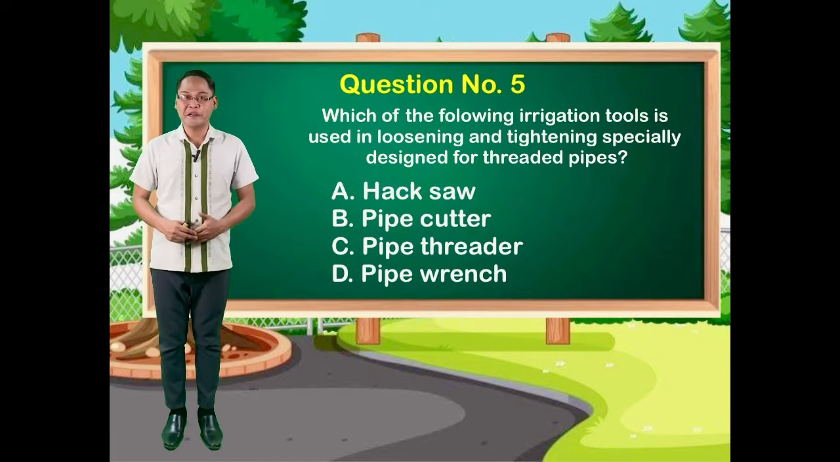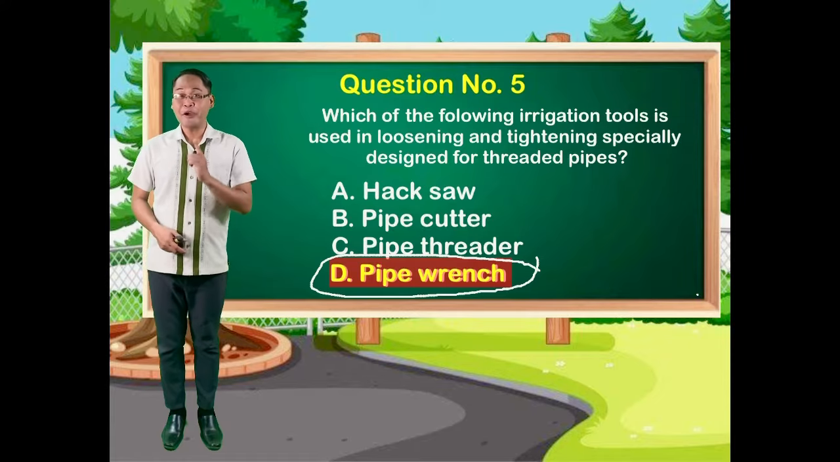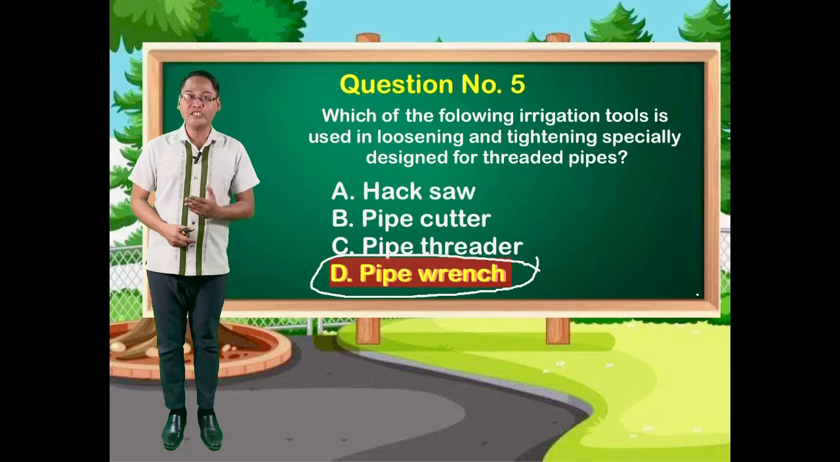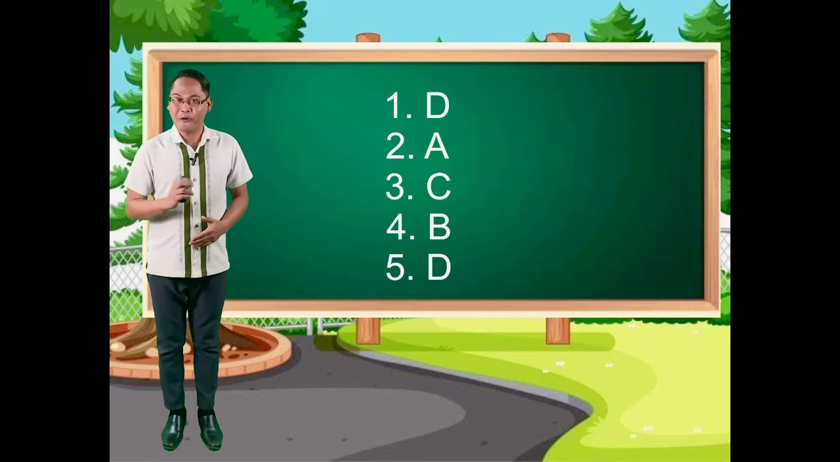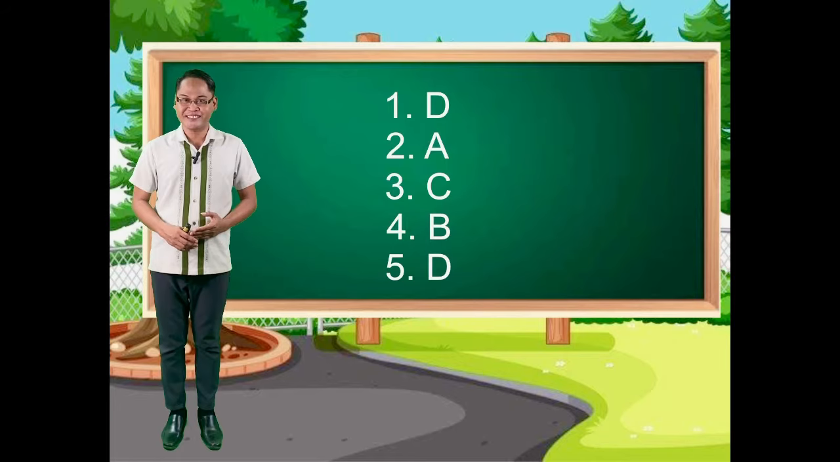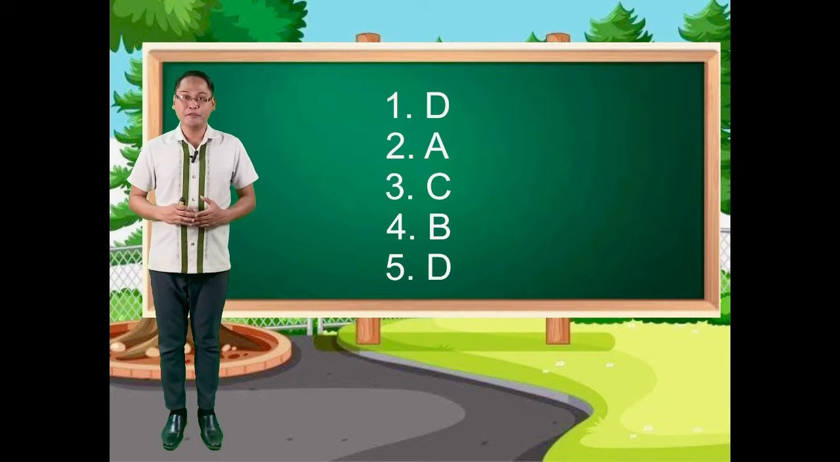If your answer is letter D, you got it right. Pipe wrench. Pipe wrench is used in loosening and tightening, specially designed for threaded pipes. So, what's your score? If you get perfect, congratulations! If not, that's okay. By watching this episode, I'm sure you will learn more and get a high score in the